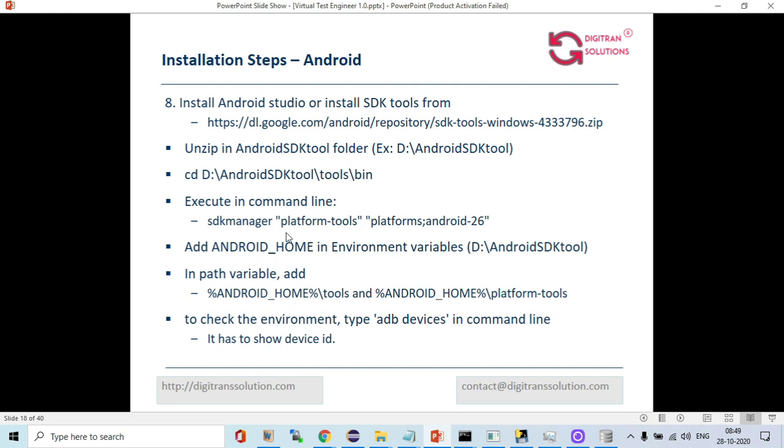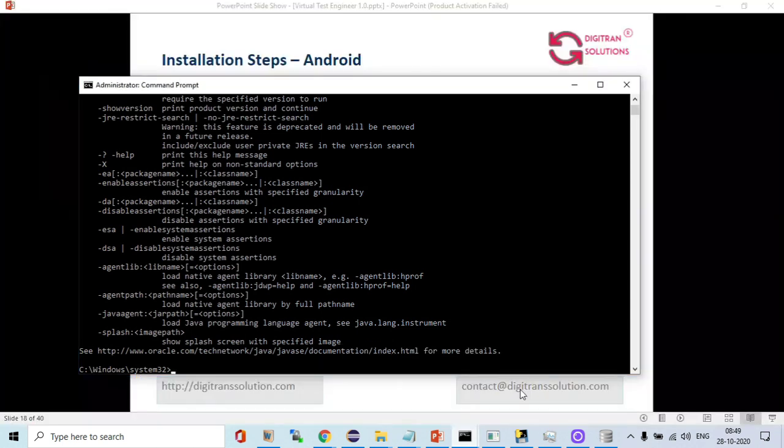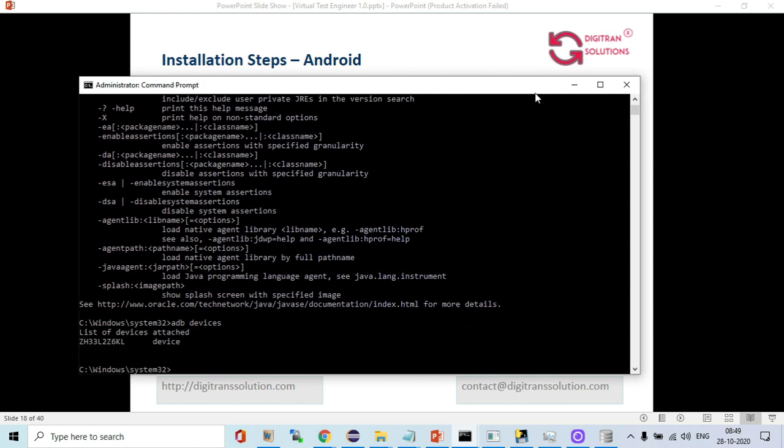Then from the command line, using SDK manager, you can install platform-tools and platform Android 26. Once you do these steps and type adb devices, you will get the device ID.